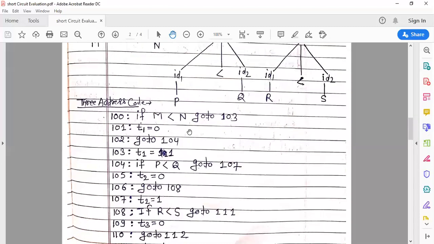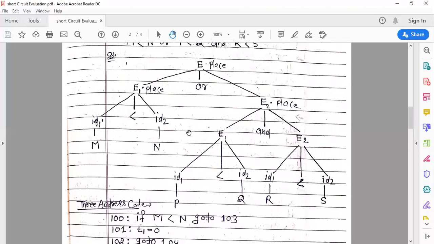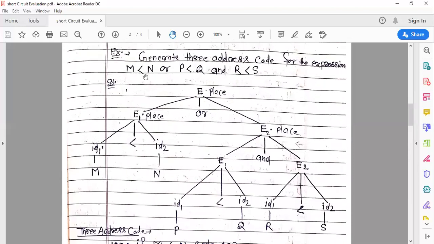And one more thing: when we evaluate this Boolean expression, we have to evaluate every expression, like m less than n, p less than q, and r less than s, and then finally decide the final answer of this Boolean expression.